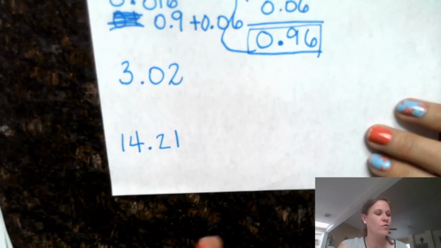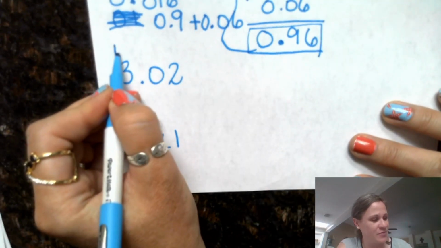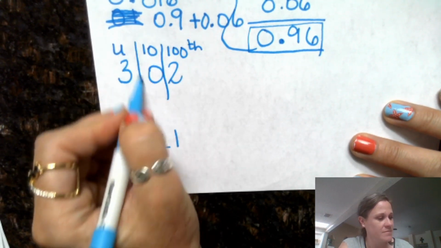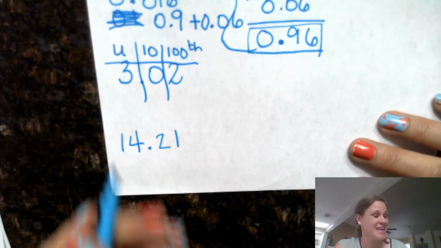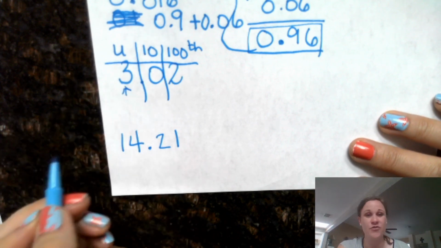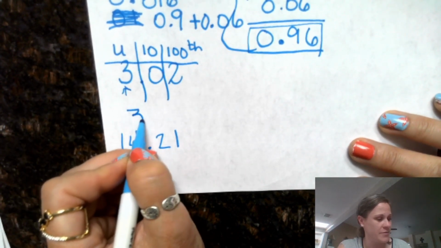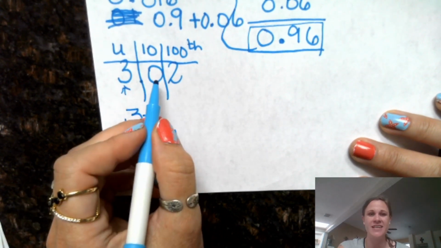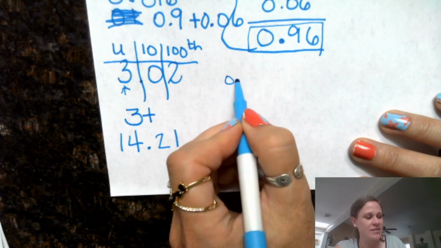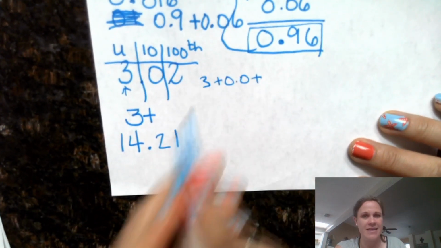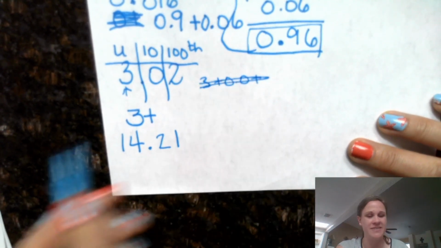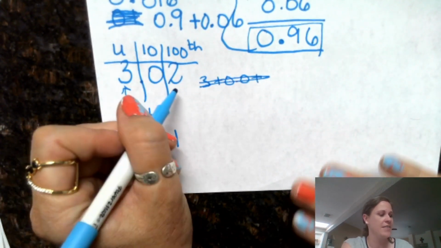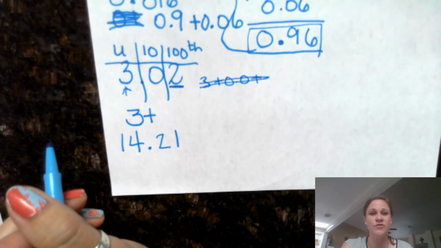Now we have wholes and hundredths, so let's put this in here to help us out. Okay, so I have 3 wholes. So I'm going to write that just as a 3. And then I have 2 hundredths. Now notice there's nothing in the tenths, so don't think that you have to write like this. You don't. A lot of times you won't even see that. They're just going to skip that spot and go to the spot that has a number in it. And the number in this spot is 2 for 2